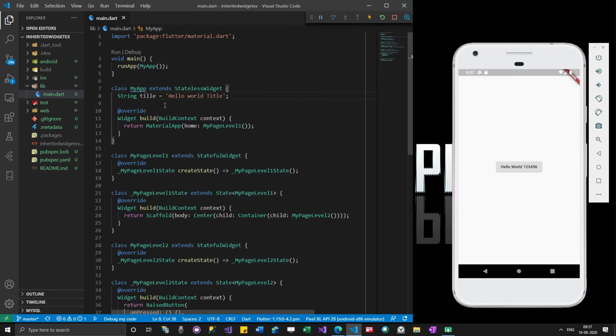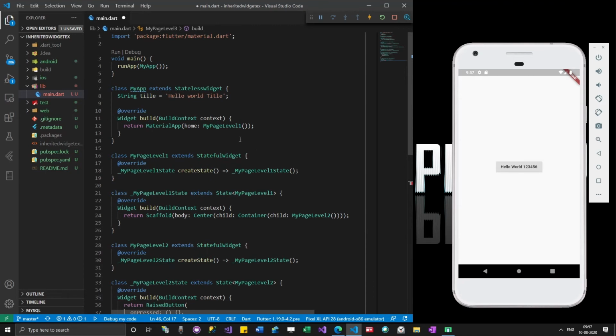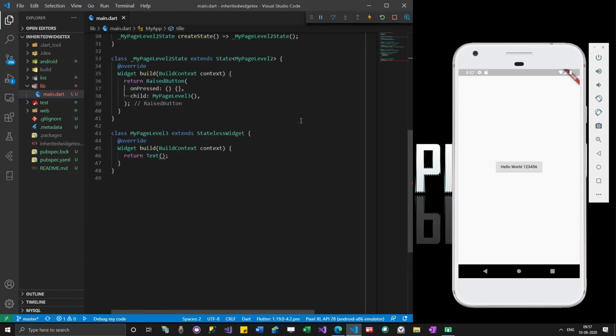I gave some title and I want to access it here. Since this is a stateless widget, I have to mark it as final, and then a value is given, that is fine.